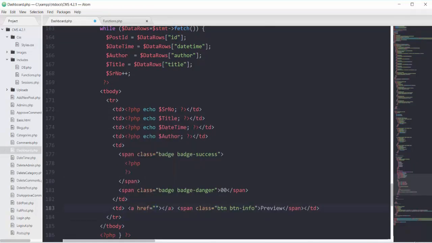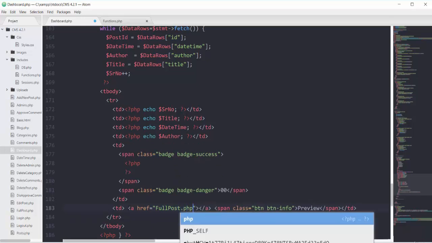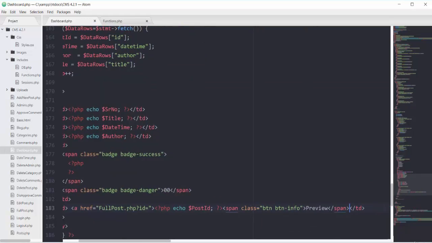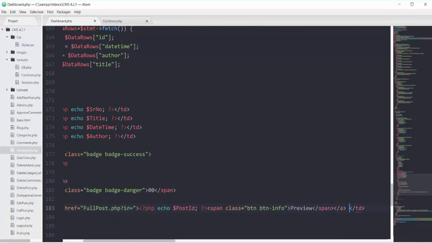So go to my page of full post.php and the search query parameter will be this id. So echo the post id here, adding the ending of our anchor here.